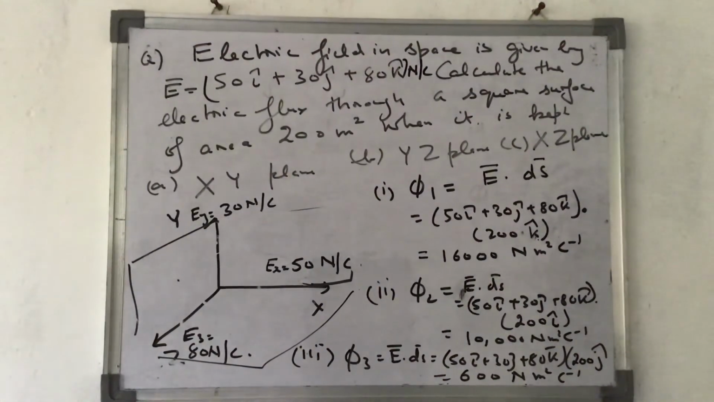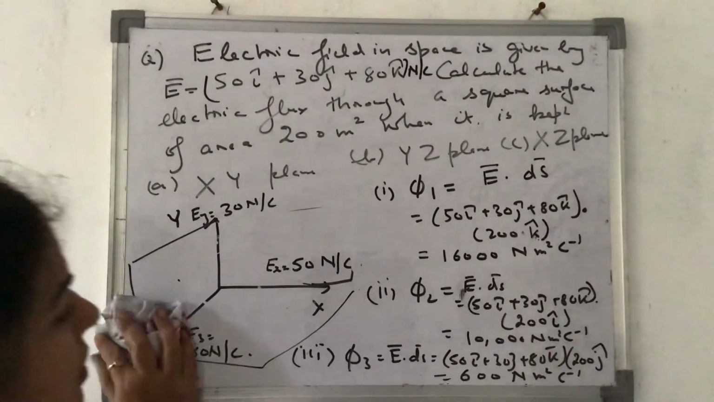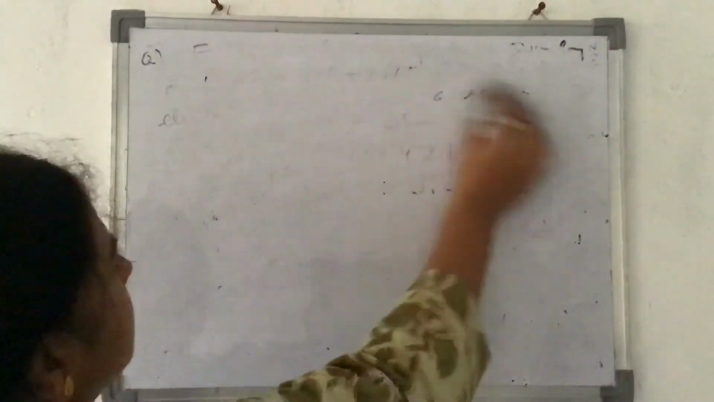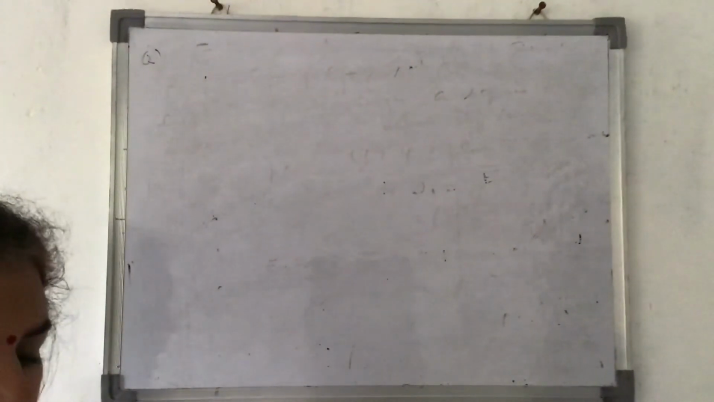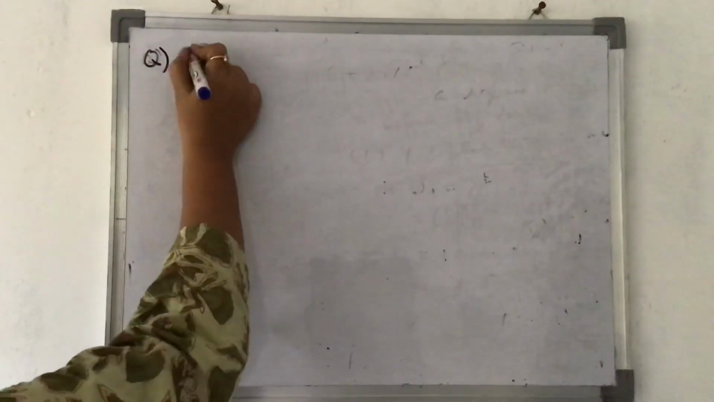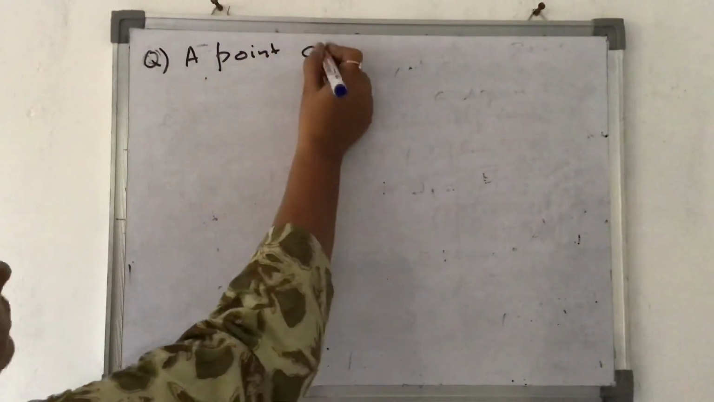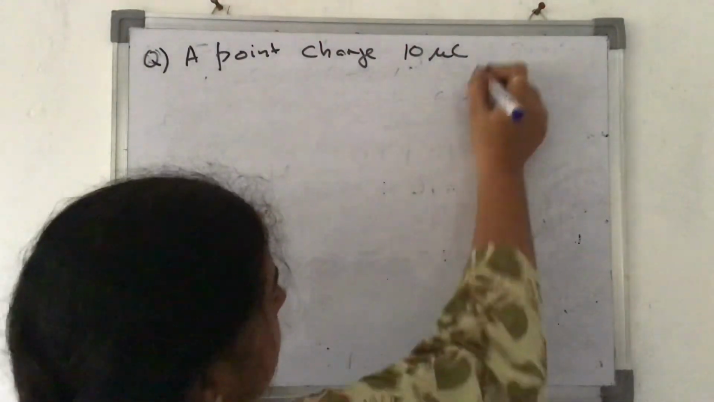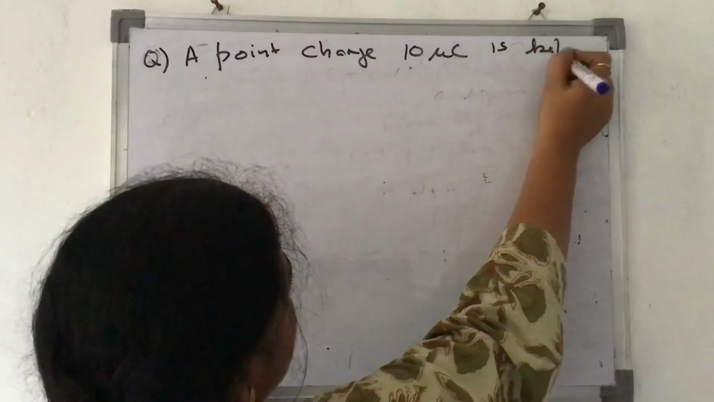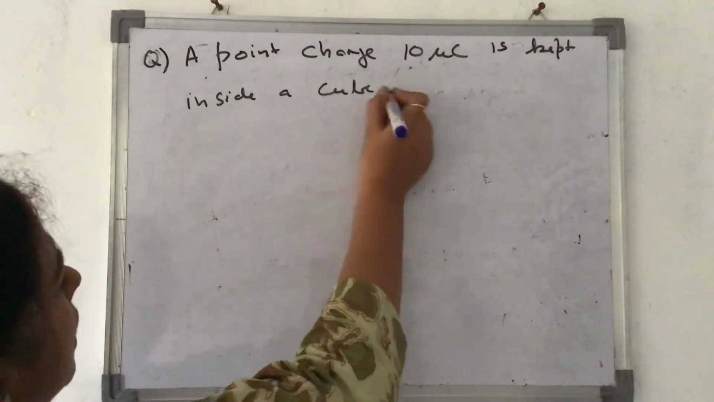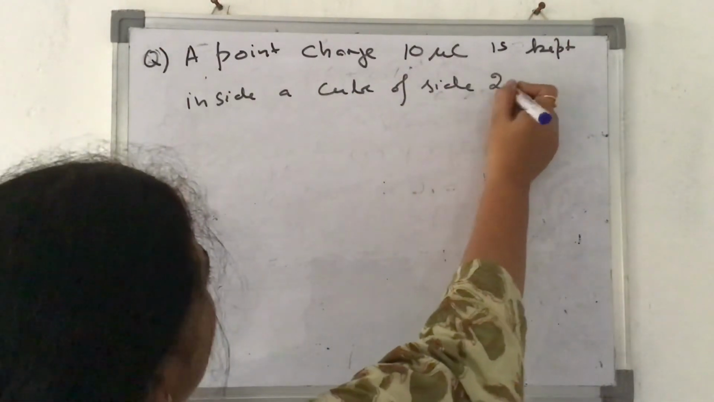We come to the next question now. I hope it is clear. Now I come to the next question. A point charge. Question is, a point charge 10 microcoulombs is kept inside a cube of side 20 centimeter